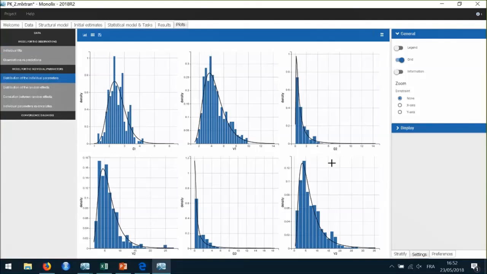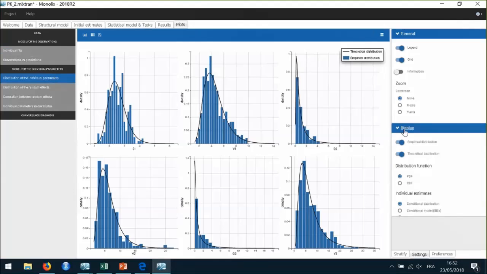This shows the empirical distributions of the individual parameters as histograms, overlaid with the theoretical parameter distribution. Note that by default, these plots are based on the unbiased estimators sampled from the conditional distributions rather than conditional mode or conditional mean, which can cause eta shrinkage.